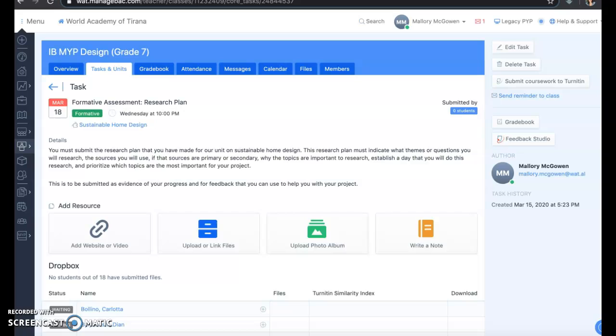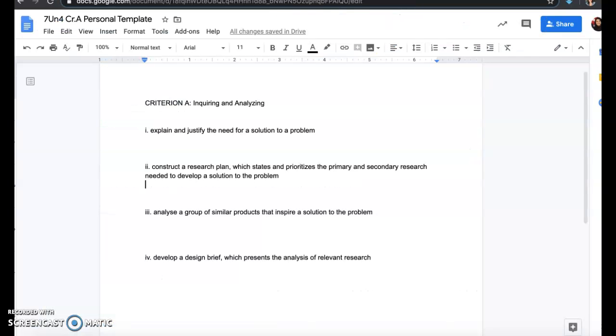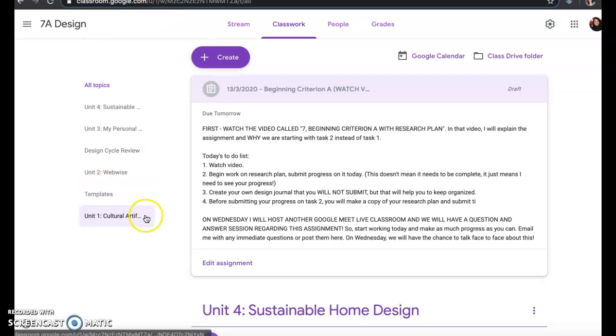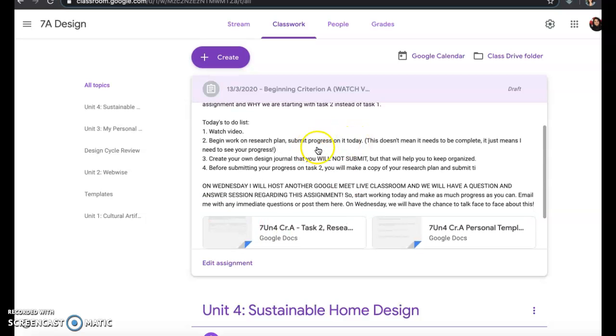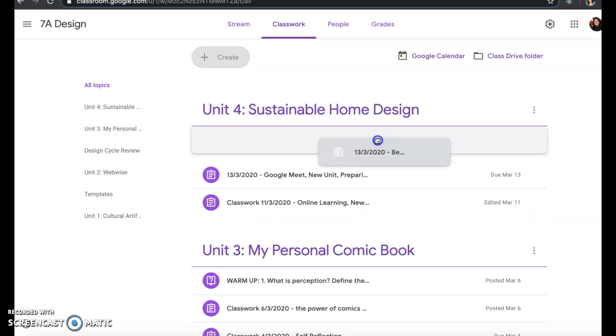And so you'll have today and Wednesday to work on building it. On Wednesday, you'll have a question and answer session with me, so you can talk to me face-to-face if you need to. You can always send me an email between now and then, or write a comment on one of these posts and I'll answer it. So what you're doing today is working on your research plan, submitting your progress, and